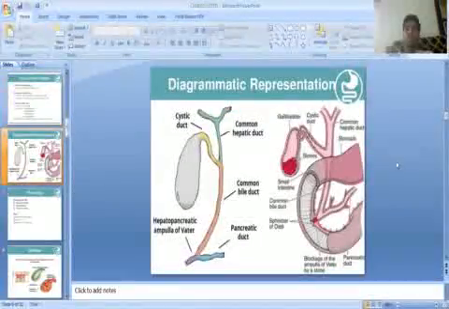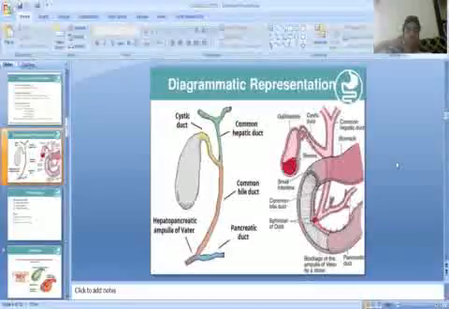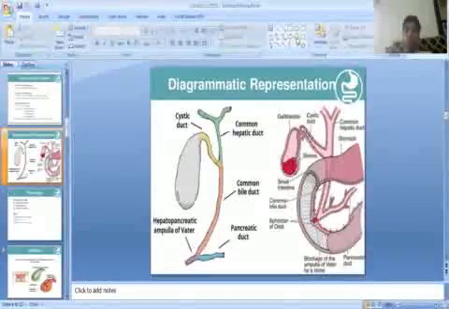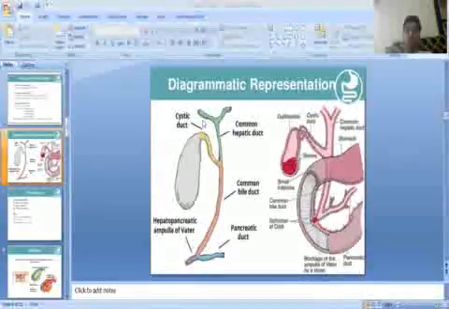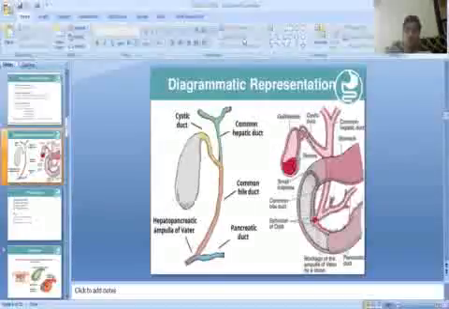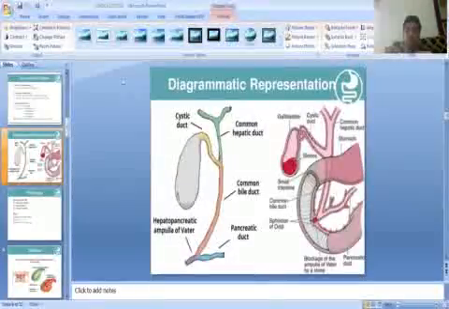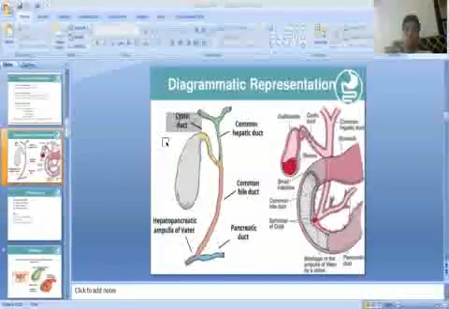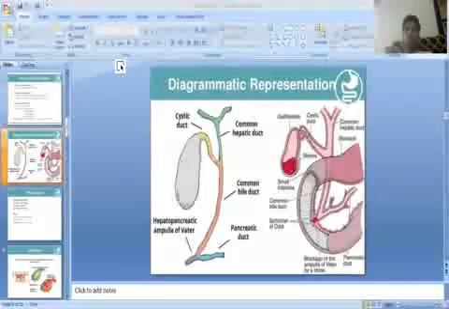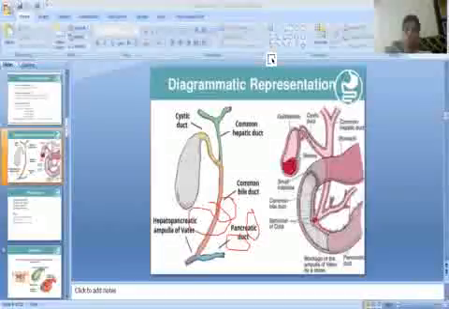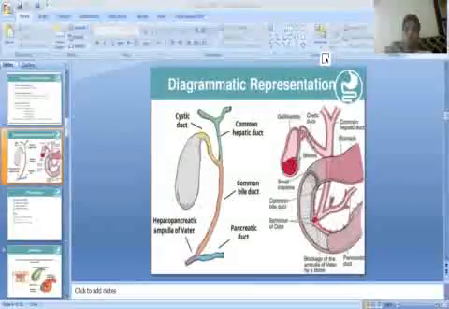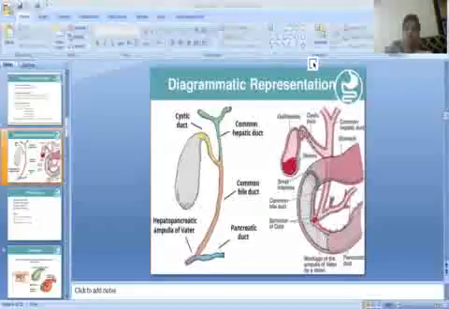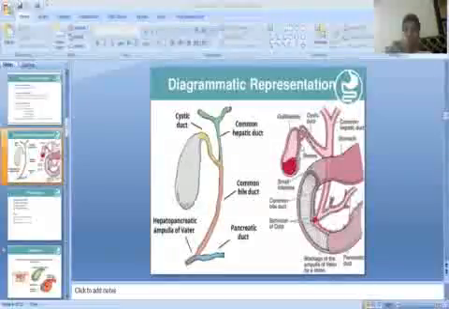This is a diagrammatic presentation of the gallbladder. As you can see, this is